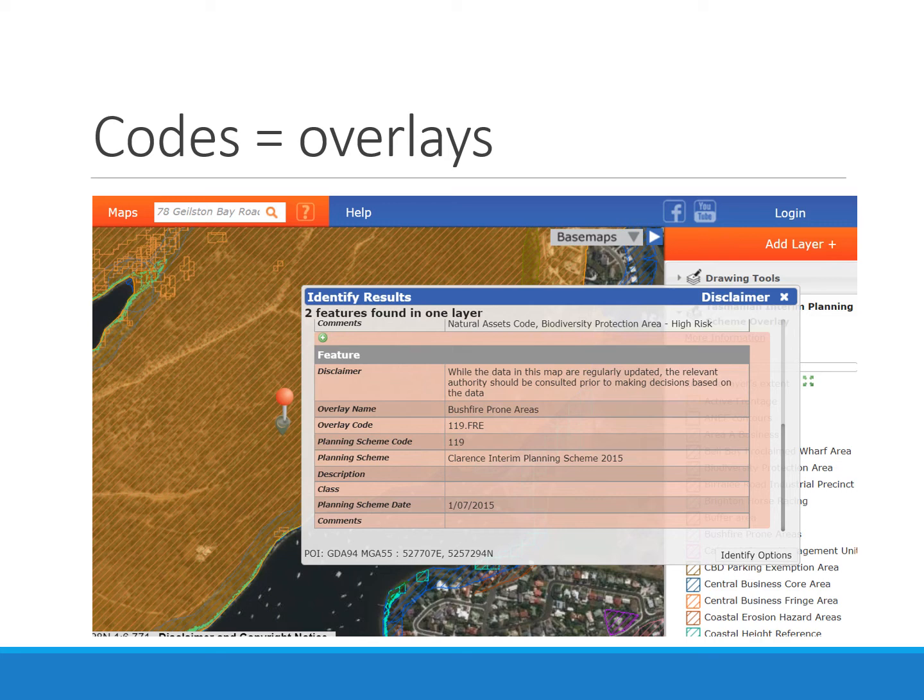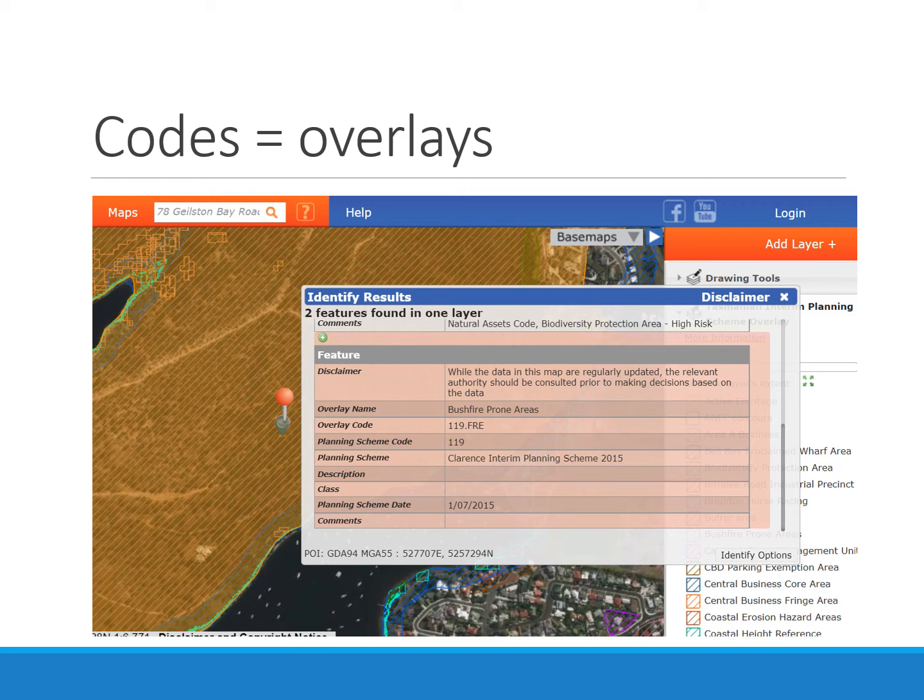You can see in the top we know that that's the address that I've typed in LISTmap, and a pin has appeared at 78 Geilston Bay Road, Geilston Bay, and then I have turned on the Tasmanian Interim Planning Scheme overlay layer in LISTmap, and then any layers that apply pop up, and this is the bushfire prone area.